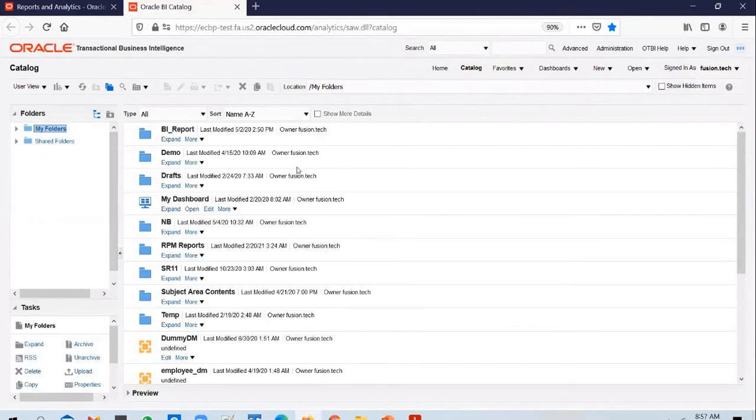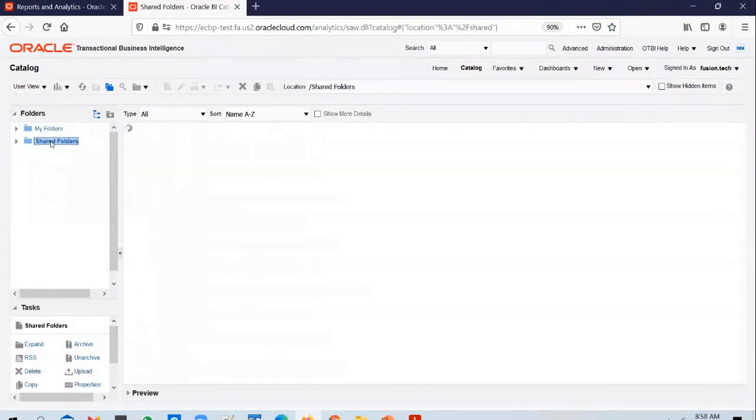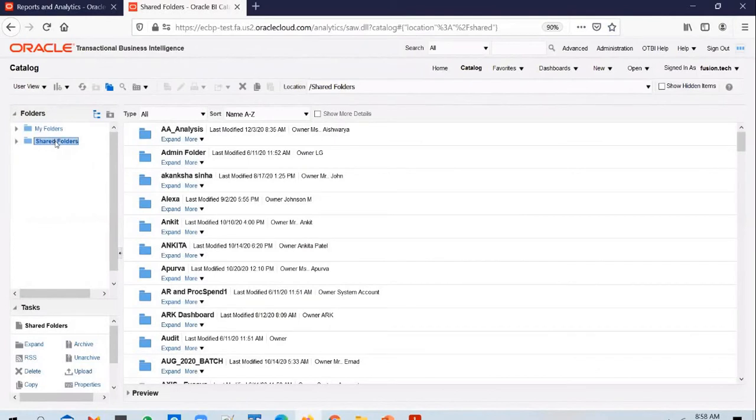And yeah, if you're building your first report, or if you want to just save dummy queries, or if you want to build some data model to quickly extract information that you need when you're doing a data load, that's when you normally place the data models here. When you create a report which you want to publish, or whenever you create a report for a client requirement, you will go ahead and place it in the shared folders.